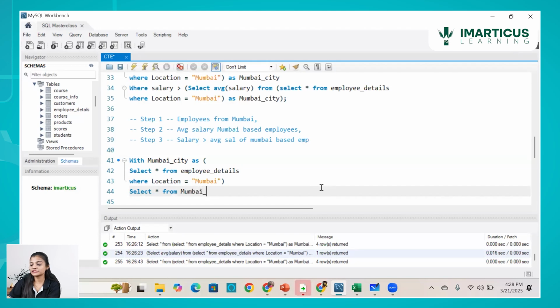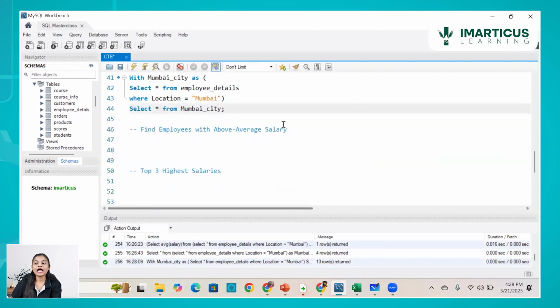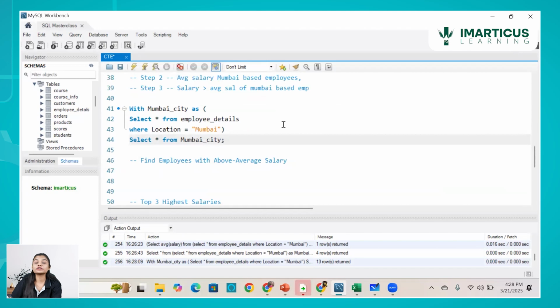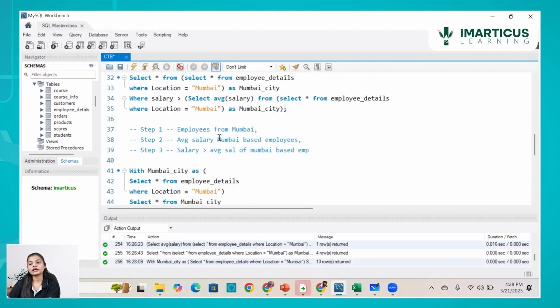Now Mumbai city as a table is what? It is my temporary table. Now I know the average salary of the employees belonging to Mumbai city is 59,000 something. So it should be greater than that value. That's what I wanted. So I'll write where salary should be greater than, and you remember that in this code,